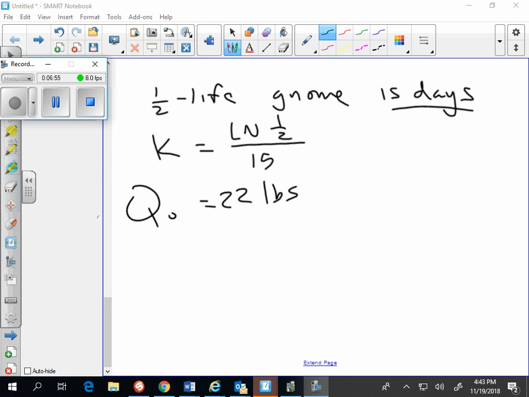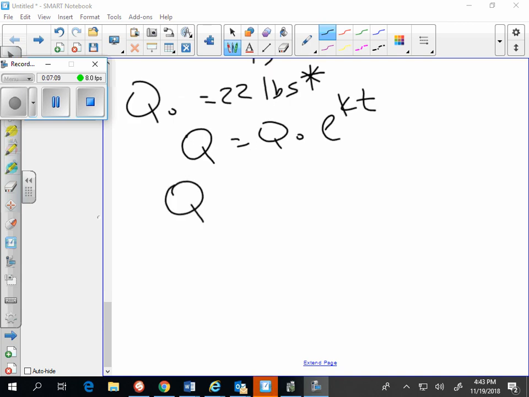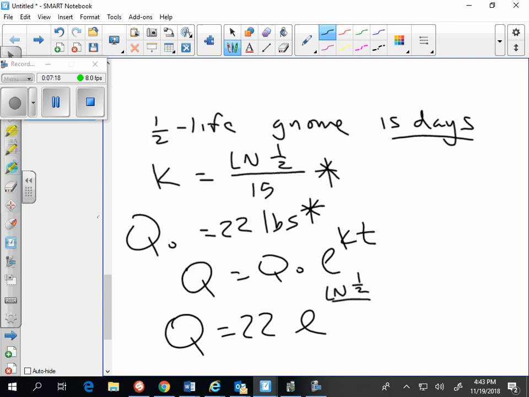So let's build ourselves a gnome weight model. Q equals Q sub O e to the kt. And we'll plug in our Q sub O and we'll plug in our k. So I end up with Q equals 22 e to the ln of a half over, and what was the half-life time? It was 15 days